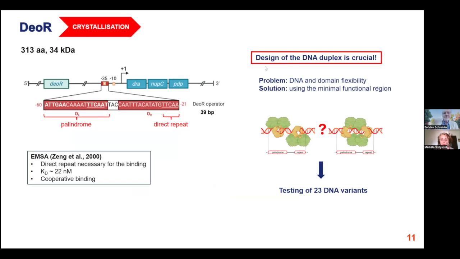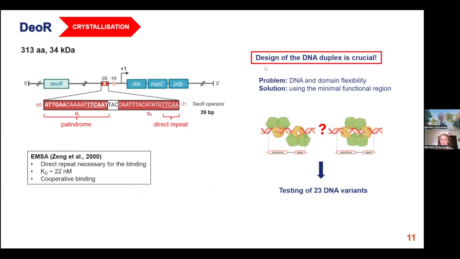And so, quite commonly, the solution is found in using a minimal functional region of the DNA, just to increase the probability that the molecule will pack in the crystal regularly. And so, although we knew that the whole operator sequence is necessary for the protein tetramer binding, what was suggested